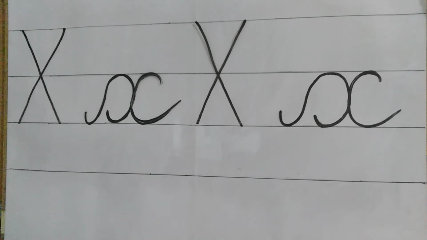Now when we are writing X, what will be the sound that we make? The sound will be something like Z, X, Z, X. A slight K sound and then a bigger Z sound. X. Right? So happy practicing.